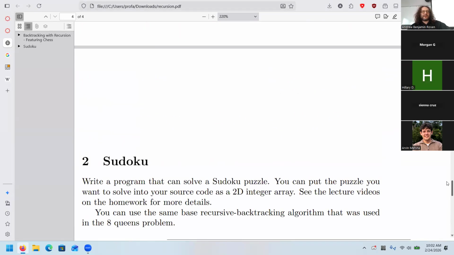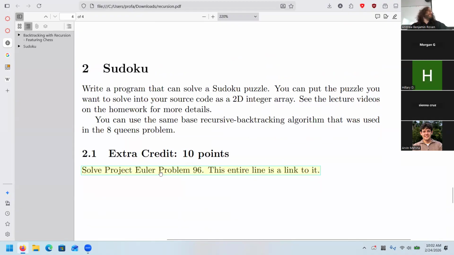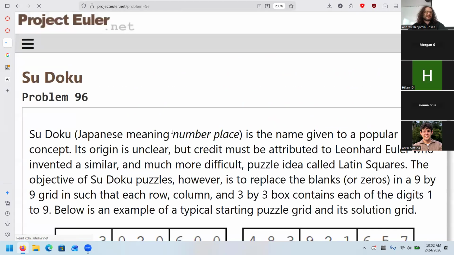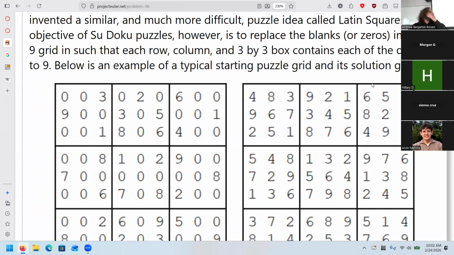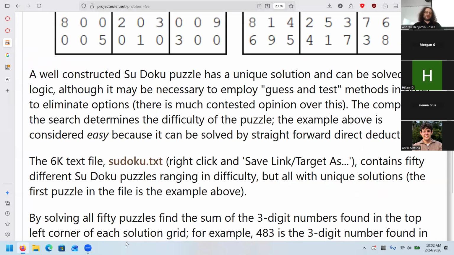Last thing, extra credit is available on this assignment. It's 150 points, so about 50% more work than a standard problem, I'd say. 10 points for doing Project Euler 96, which is essentially the same. It is Sudoku, but here the way you do this is after you solve your Sudoku puzzle.